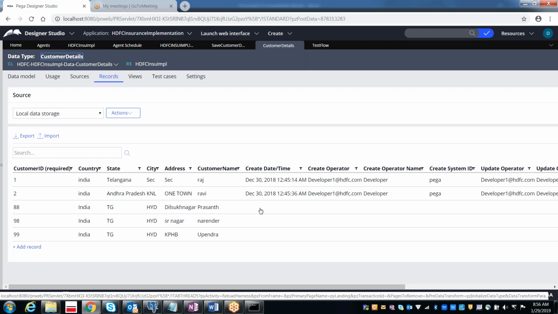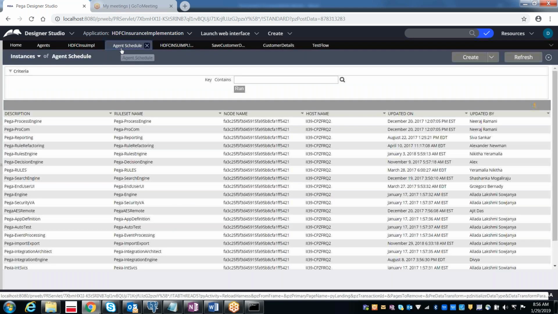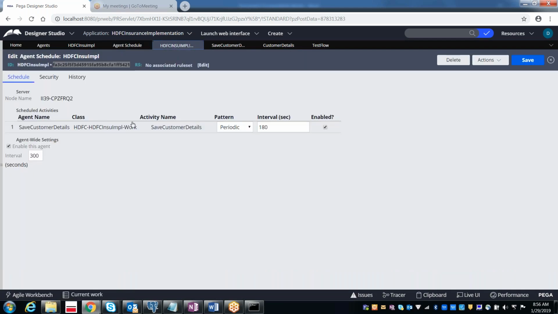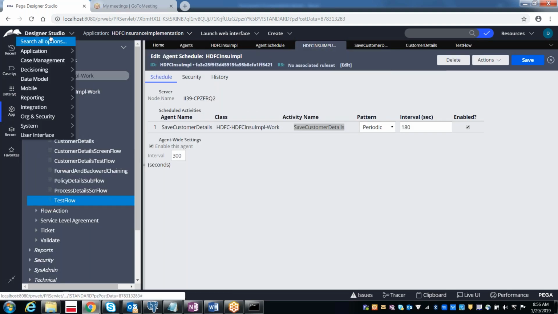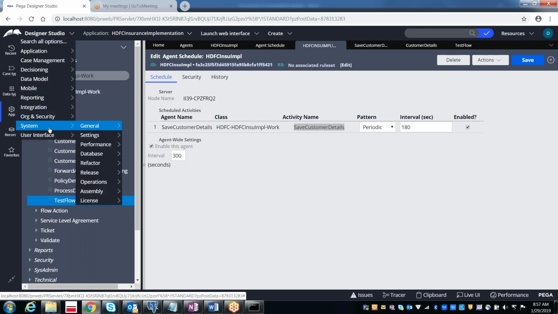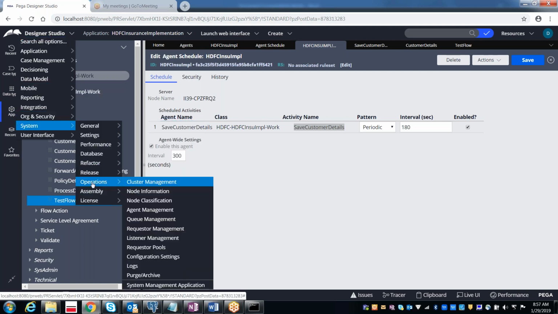So how exactly are we getting this record? Through the agent. How is the agent running? The agent schedule is referring to the save customer details activity, so this activity is going to run and execute. In case you want to run and trace the agent, how exactly can you trace? There are two ways to trace the agents.